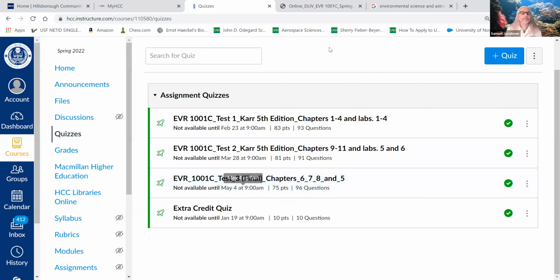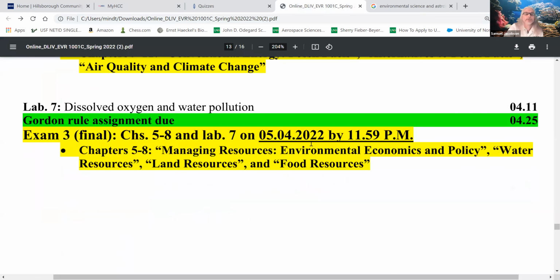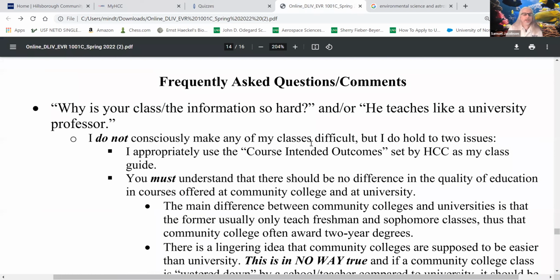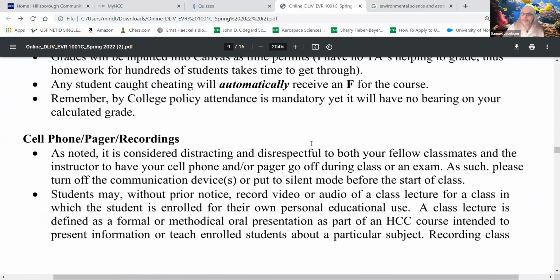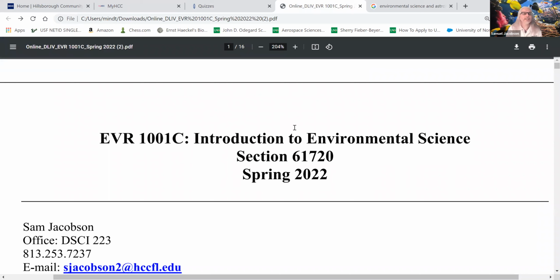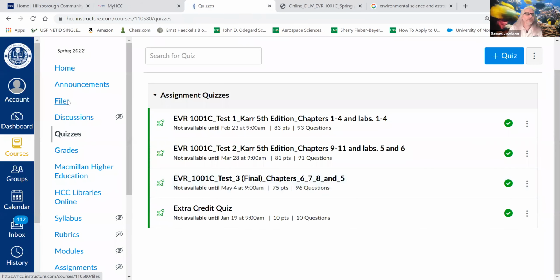Sorry about that. And then last but not least, in your syllabus, you have your frequently asked questions. These are the questions I get over and over again. So read through them. If you have any questions on it, of course, let me know. So there you go. There's your book in its entirety, which of course is under the files,